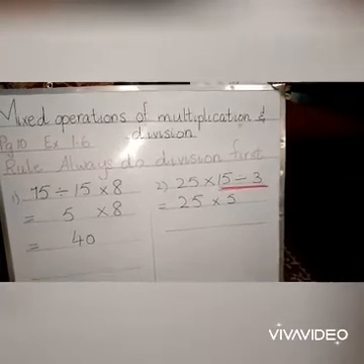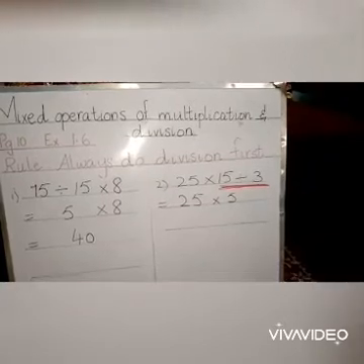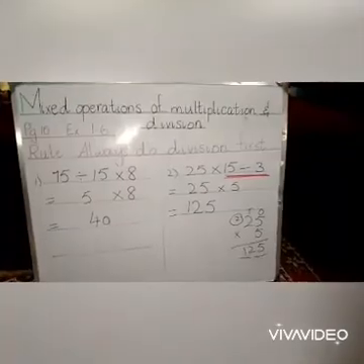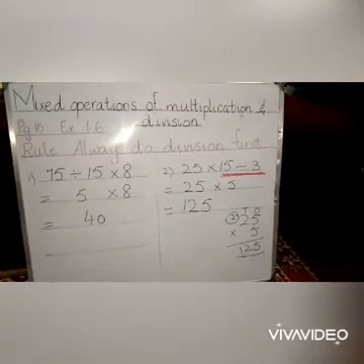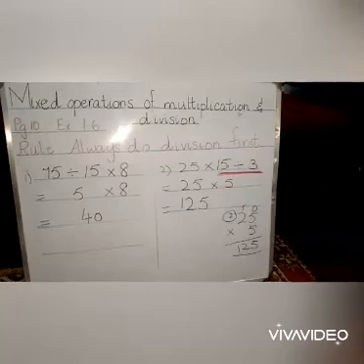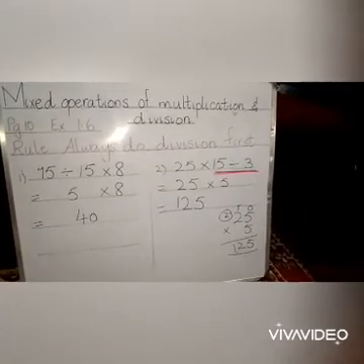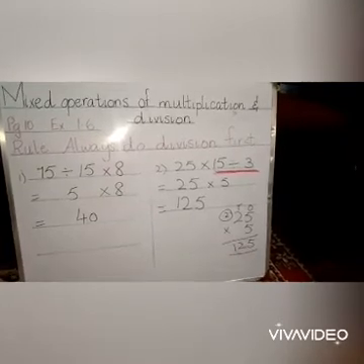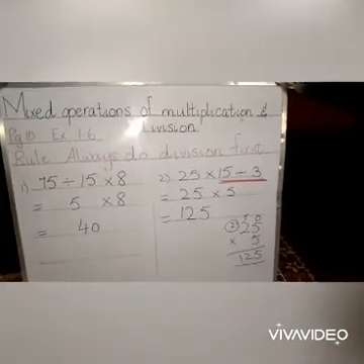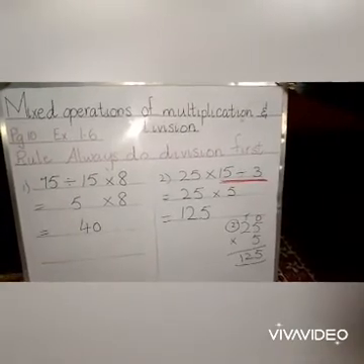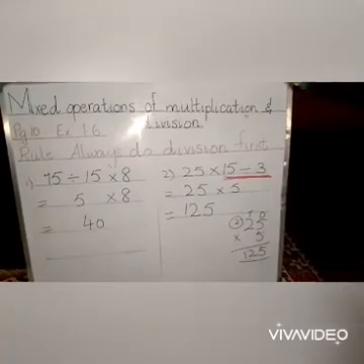So now we have got 5 as an answer and we are going to multiply 25 by 5. So when we multiply 25 by 5, 5 fives are 25. 5 goes under 1's house, 2 goes to the 10's house. 5 twos are 10, 10 plus 2 is 12. So which gives us 125 as our answer.